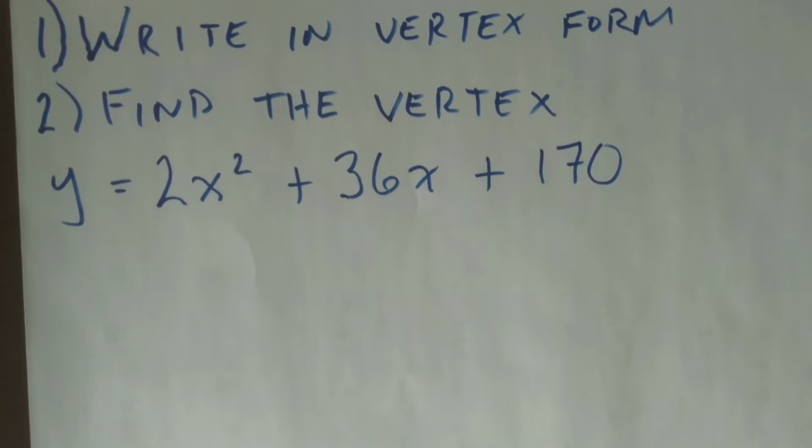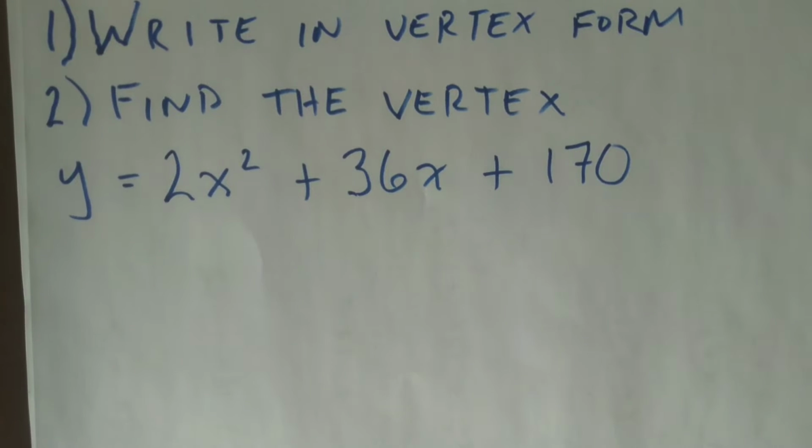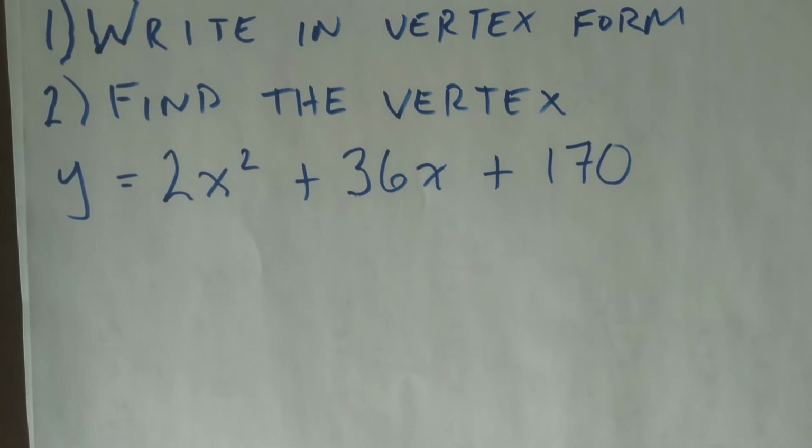Okay, I rewatched my previous video about vertex form and completing the square, and I went through it rather quickly, so I'm going to make another one, and I'm going to go through it more slowly and more meticulously. If you already understand, this video might just be a review for you. So the goal is to write this quadratic in vertex form, and then we're going to find